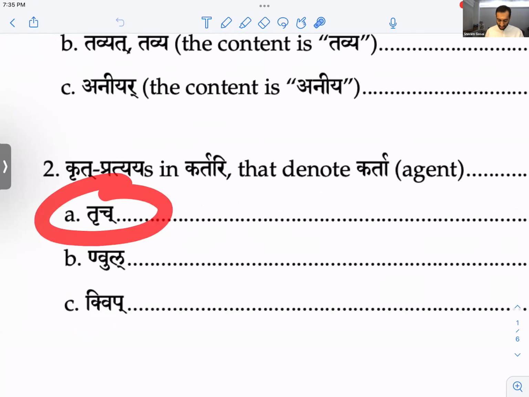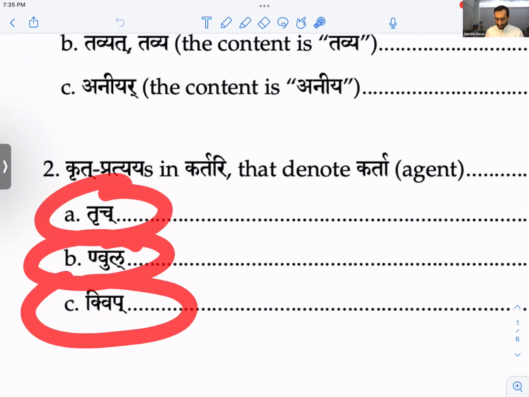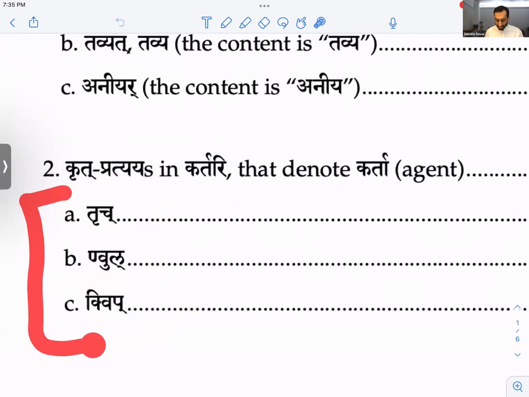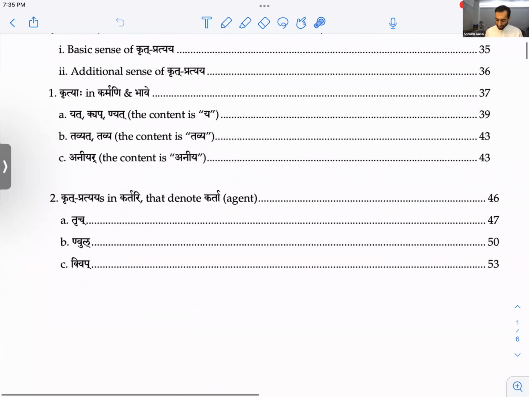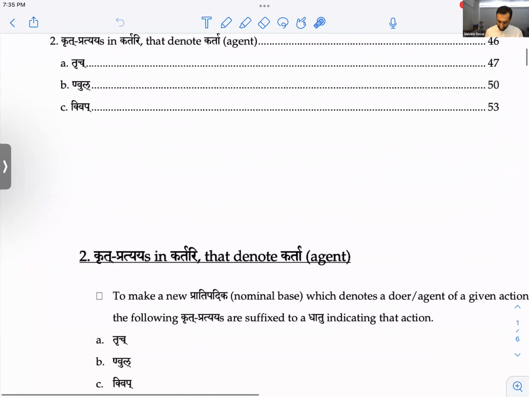So Tṛc, nvul, kvip. There are a few others, but those have their own section, so we're just going to see these three right now: Tṛc, nvul, and kvip, all from page 46 onwards. So let's go to that.